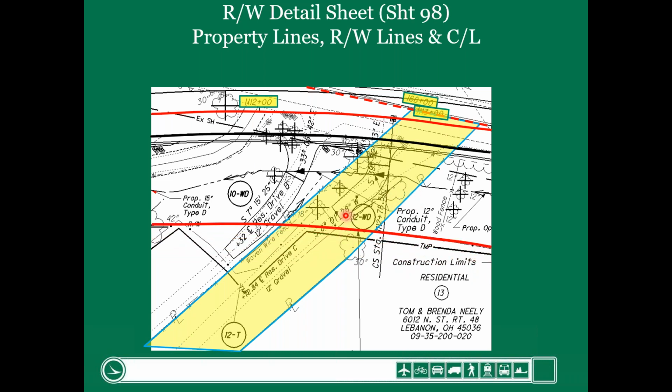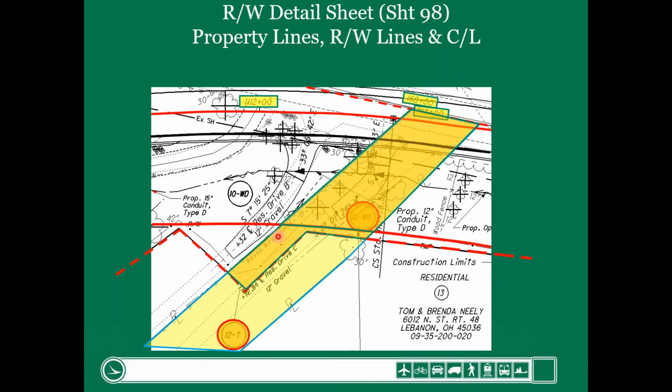This is the proposed right-of-way. The old right-of-way is clear over here. This is existing standard highway easement. And proposed right-of-way is here. This is the parcel 12WD. We have a temporary easement right here. So this is the temporary right of way in the dashed, and this represents parcel 12T.